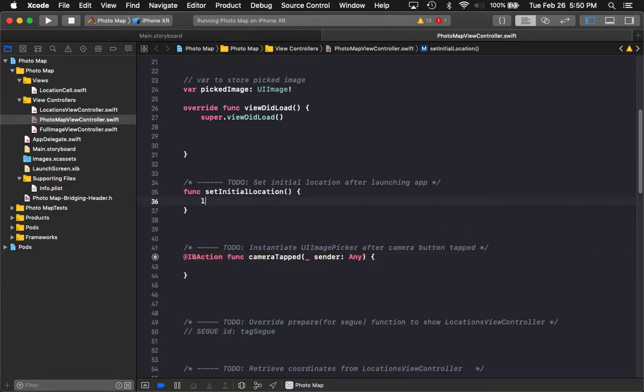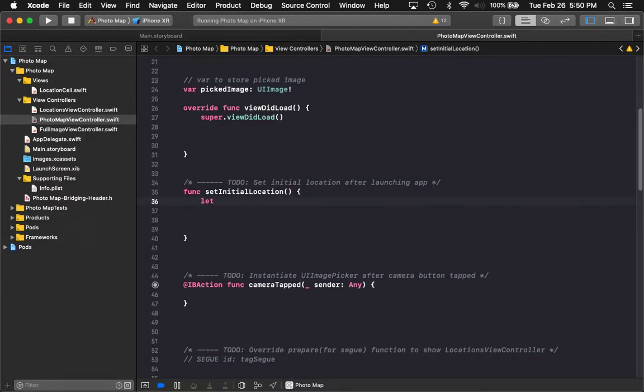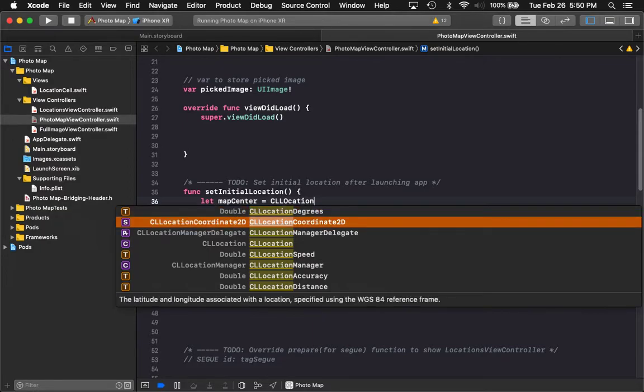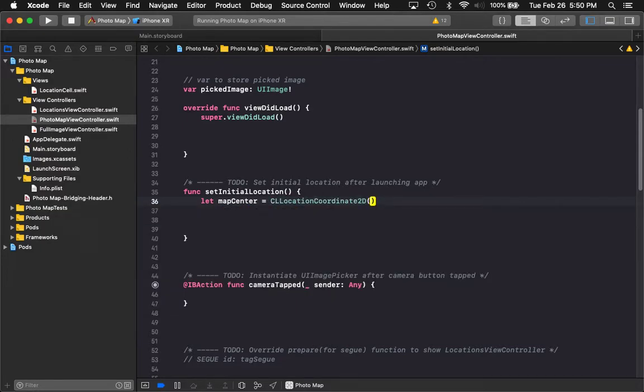And first, the way that map view works is that you need to give it some coordinates and also the span. Okay? The span refers to how much space, how much zoomed in you want it to be. But first, let's give it the coordinates. So the coordinates of the map center is going to be a CLLocationCoordinate2D object, and it takes in the latitude. And for the latitude, we're going to give it 37.783333. And for the longitude, it's going to be -122.0